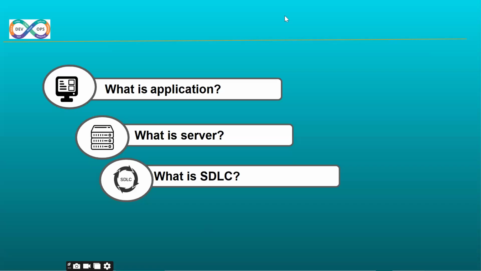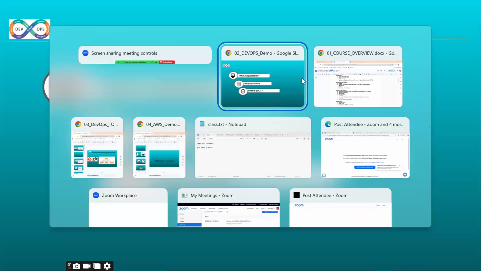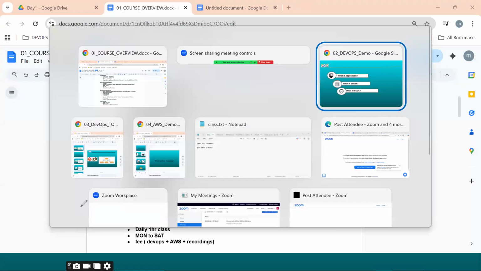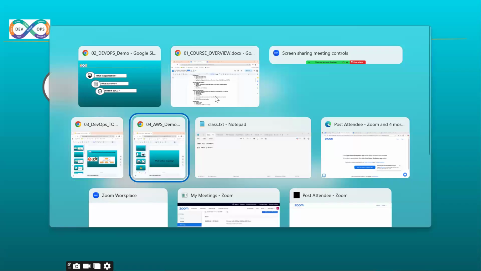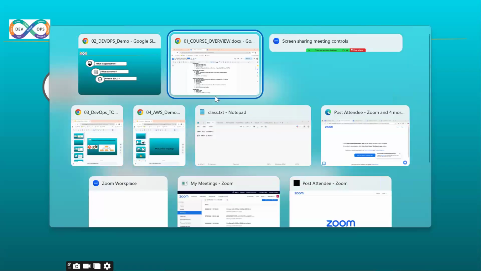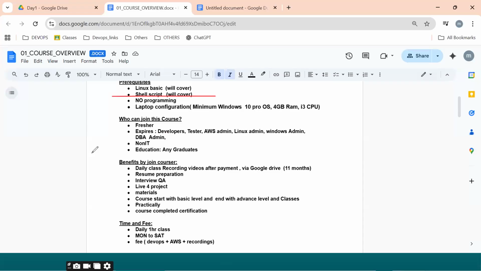Understood very clearly? So the first one is, what is an application? What is a server? What is SDLC, the Software Development Life Cycle? So tell me, what is an application? The working software which is written in any programming language, we call an application. That application is written in Java, .NET, Python, any programming language. Once it is successfully developed,